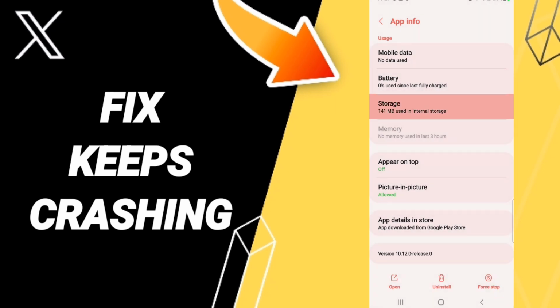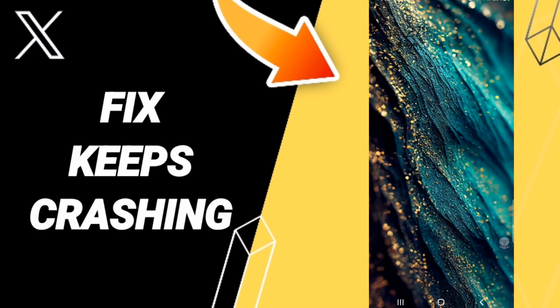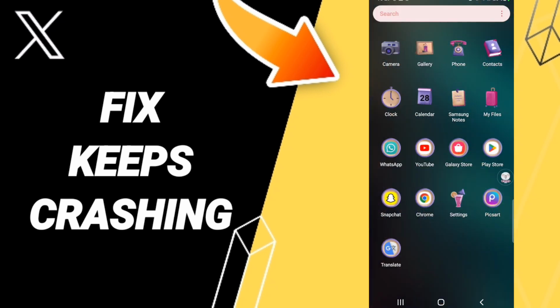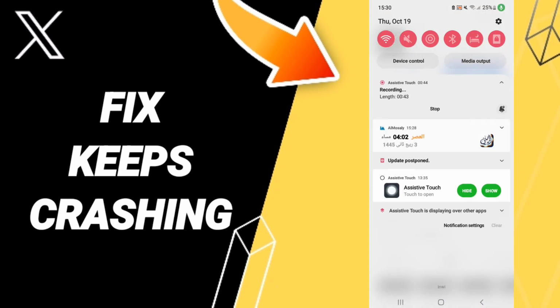Then we click on storage. Here we click clear cache. Don't click clear data because that can make errors in your app. You can go to Play Store. If you find here in this blue sign update, then you can click to update your app to fix that